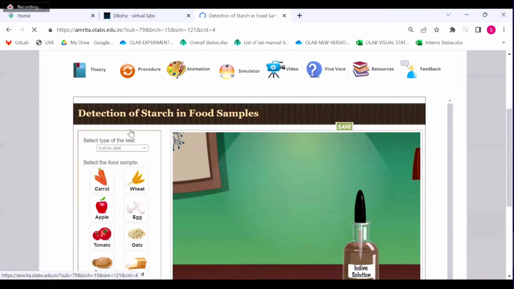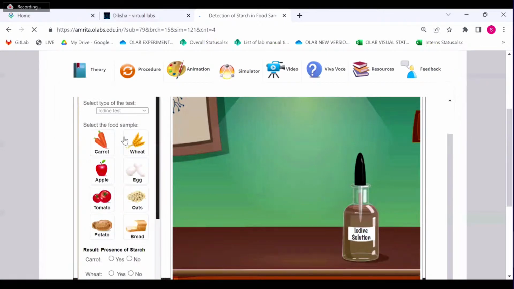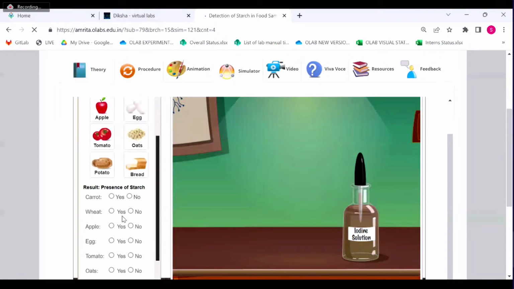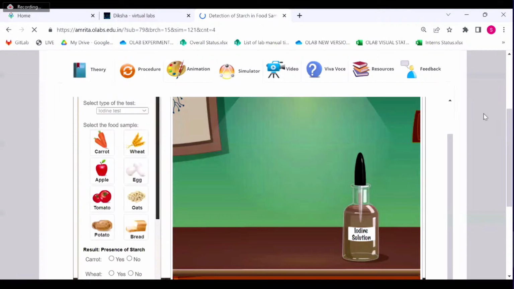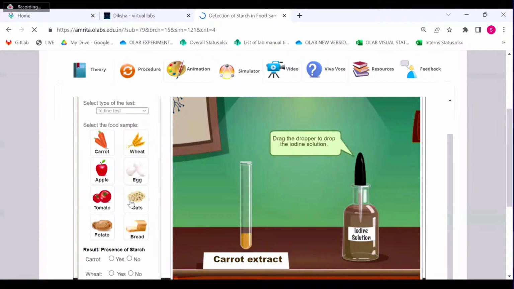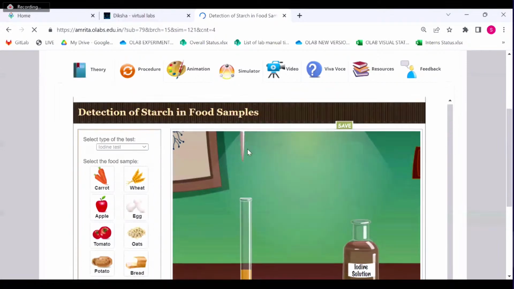Let's do and see. Now on the left side of your screen you see the affordances. From that, the type of test, iodine, is given, and food samples are given, and here the best part is the students can do the experiment and then check the result. Let's try with a few. I'm taking the carrot extract, drag the dropper,